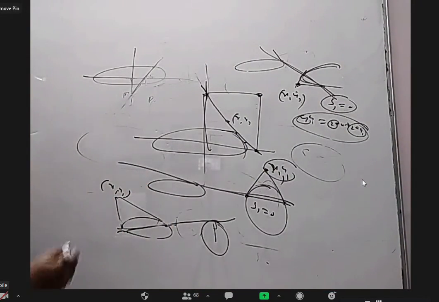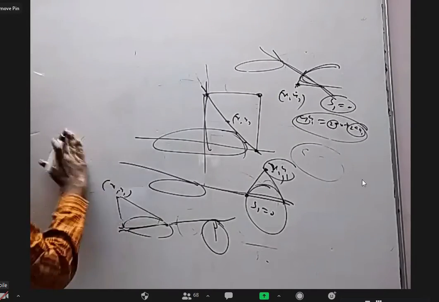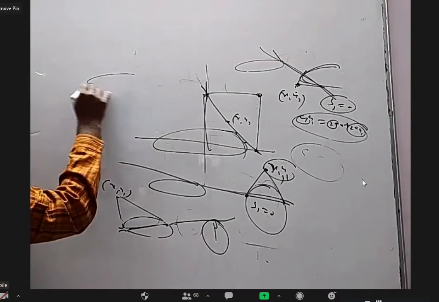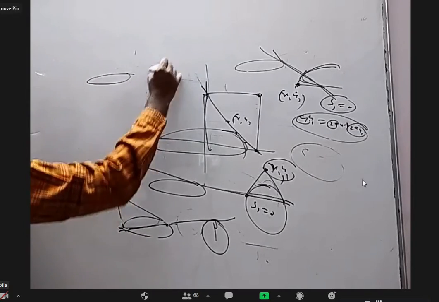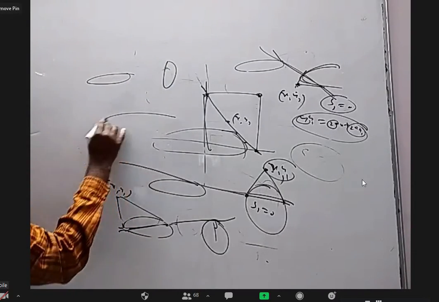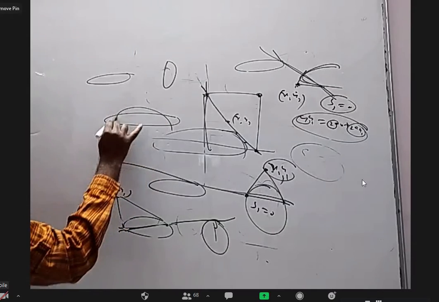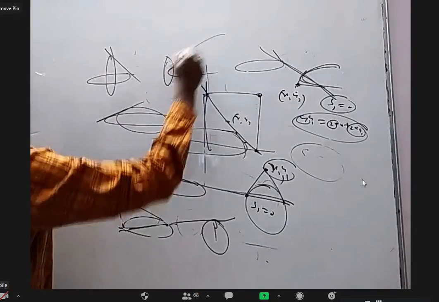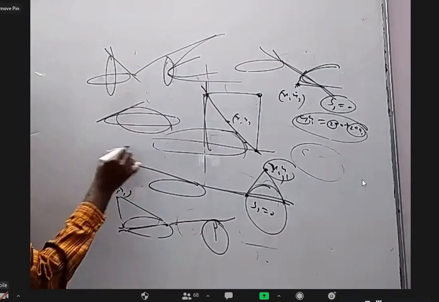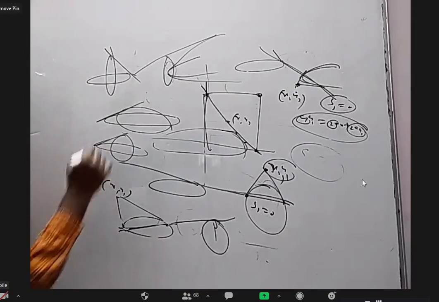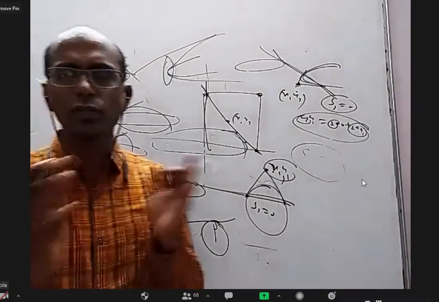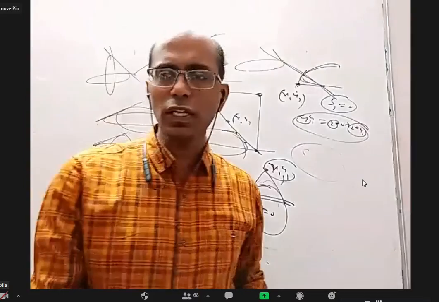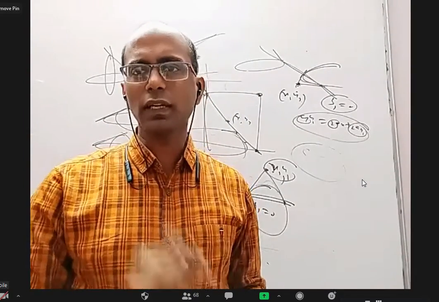They can even ask about a common tangent. Like, they can give 2 ellipses to you, one vertical, one horizontal, or one like this ellipse and one a little more like this ellipse. They can have a common tangent. One ellipse and one parabola, parabola like this, there can be a common tangent. One ellipse and one circle, they can have a common tangent. Whenever they want a common tangent to 2 curves, very simple. Find the general tangent to the first curve, the general tangent to the second curve, and equate the constant.